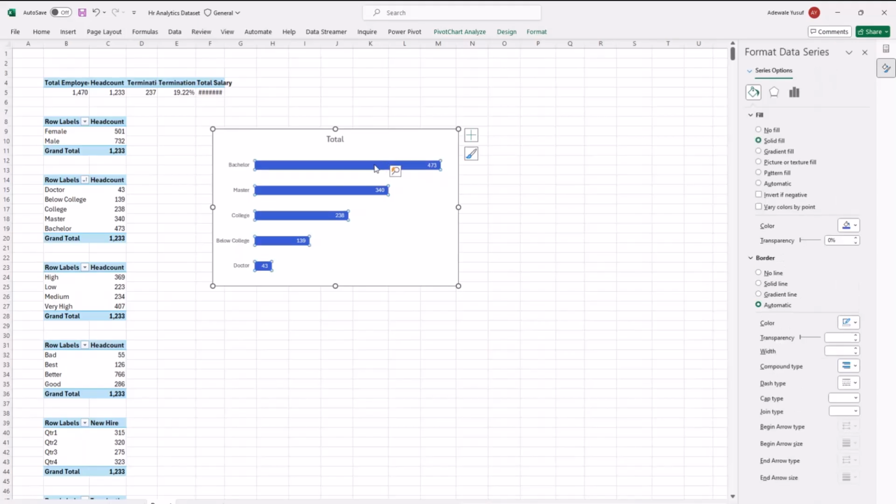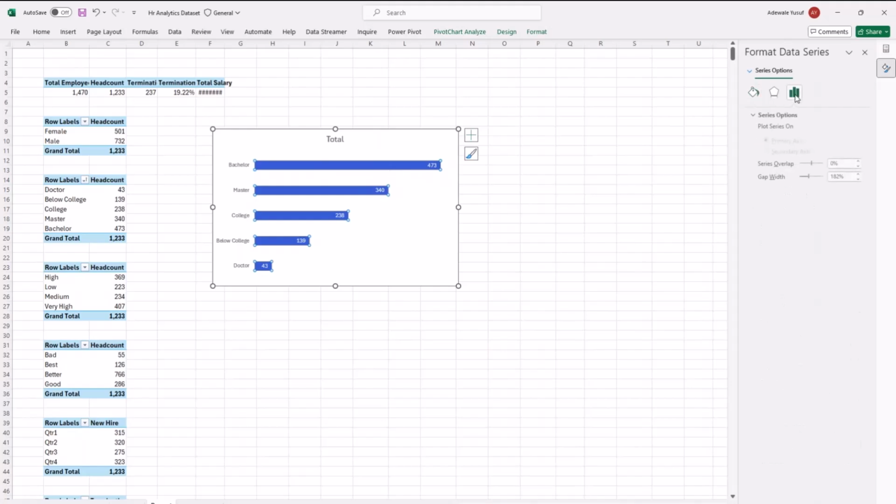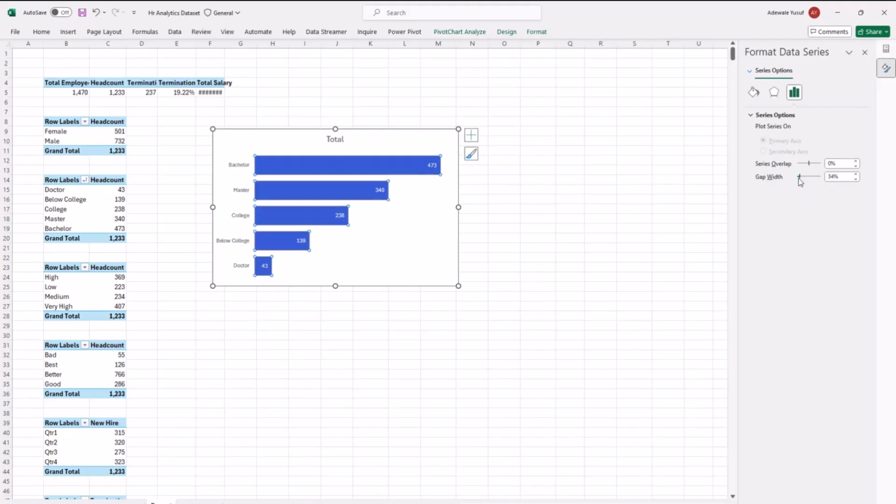Okay, so also I would like to increase this bar. To do that, if you go to this option here, and you see this gap width, if you reduce the gap width, then the bar will get bigger and bigger. So I think we can use, let me see, I don't want to use 80, maybe like 60%. So maybe like 60% for your gap width. I think this should make sense.